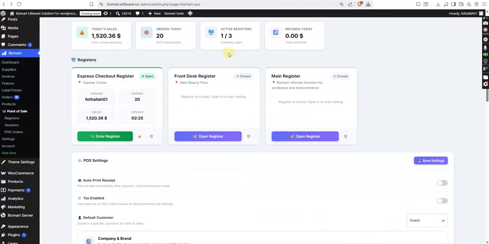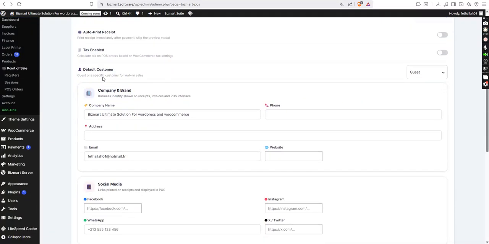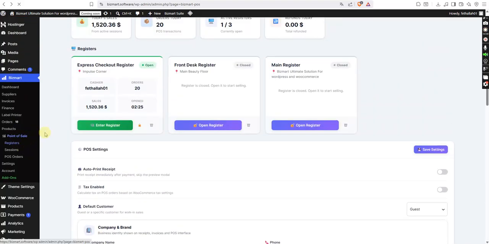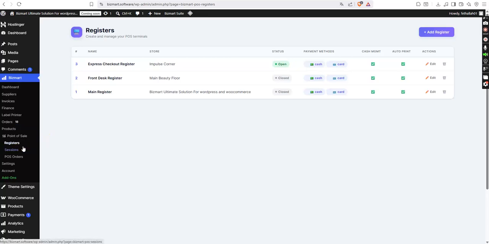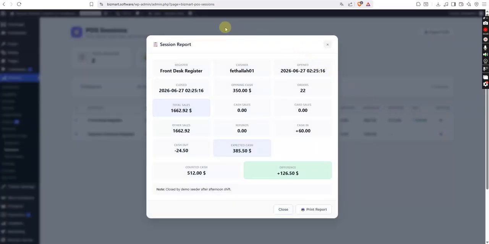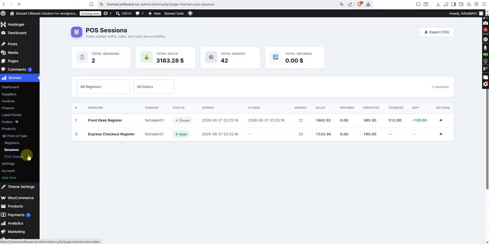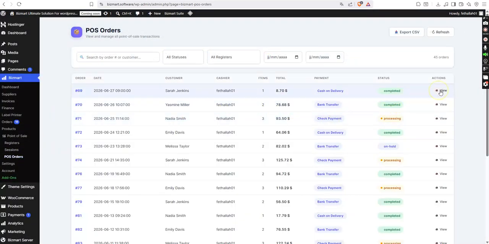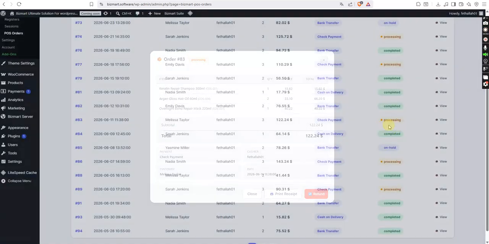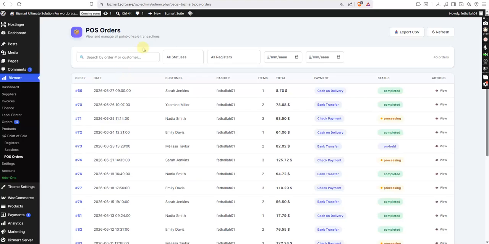But the real magic is how this entire 3-plugin suite works together as a unified, one-shot ecosystem. The second a customer buys an item at your physical counter, your POS register prints a receipt custom-tailored to your brand. Your WooCommerce online stock drops instantly to prevent overselling. Bizmart Core logs the sale and calculates your gross margin based